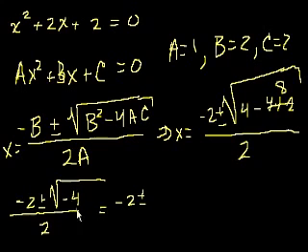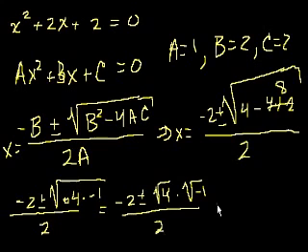So the square root of minus 4, we could rewrite that as the square root of 4 times minus 1, right? So that equals minus 2 plus or minus the square root of 4 times the square root of minus 1, all of that over 2, which is equal to minus 2 plus or minus, square root of 4 is 2,